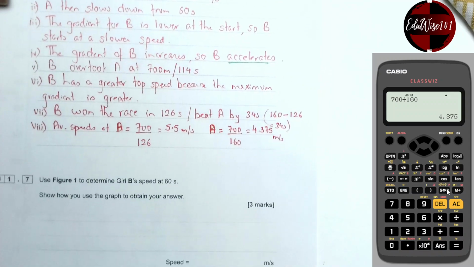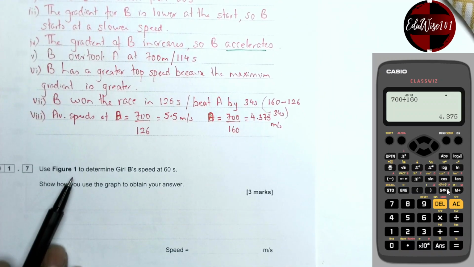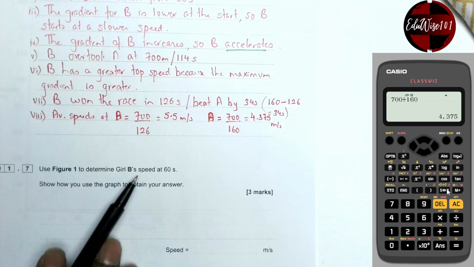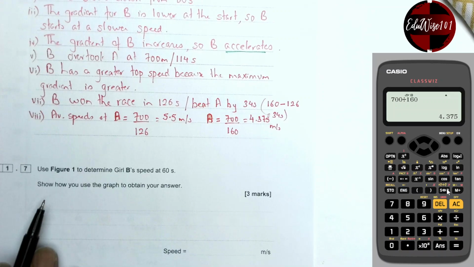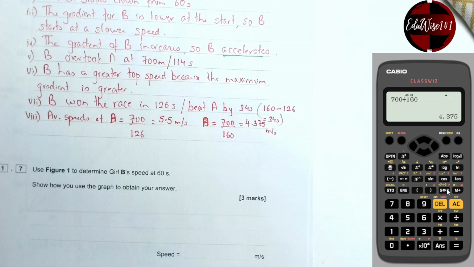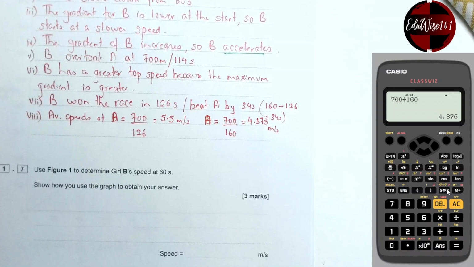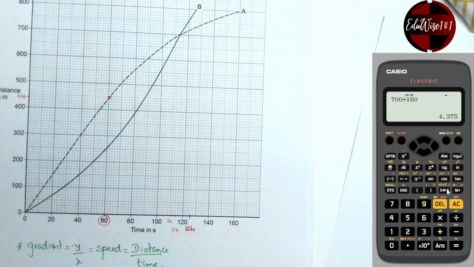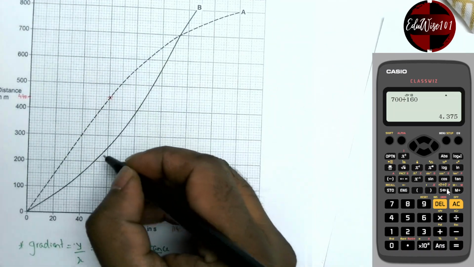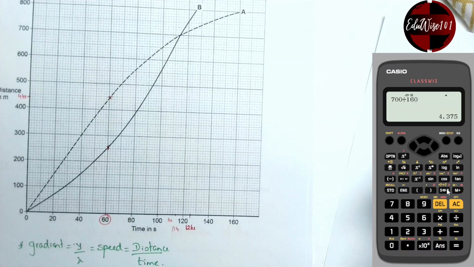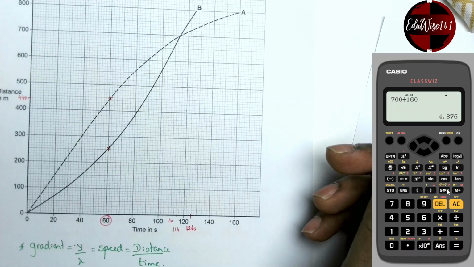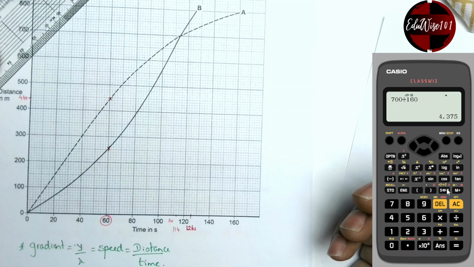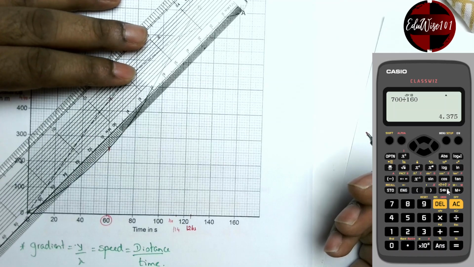Question 1.7. Use figure 1 to determine girl B's speed at 60 seconds. Show how you use the graph to obtain your answer. So looking at the graph, we are looking at girl B at 60 seconds. B at 60 seconds at this point. What would be girl B's speed at 60 seconds? How do we actually find it? We can determine that by drawing a tangent. So how do we draw a tangent? A tangent is drawn,